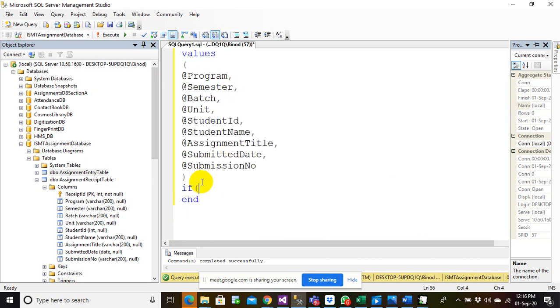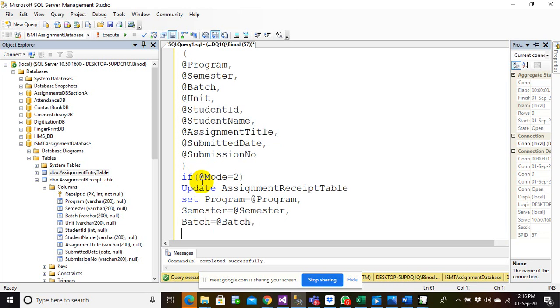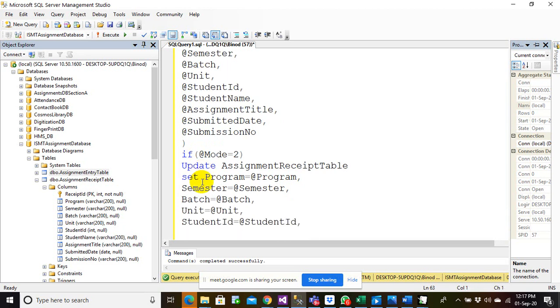Now let's go for the update operation. So if @mode equals 2, perform update assignment receipt table, set program equals to @program, semester equals to @semester, batch equals to @batch, unit equals to @unit, student ID equals to @studentID, student name equals to @studentName,